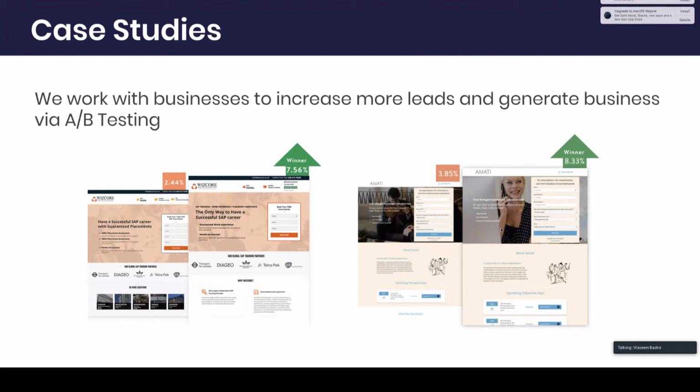So if you see on the left side VizCore, the first thing which you will notice is we had the Trust Pilot stars on the second one, which was the winner, and that straight away increased conversion rates by 2%. On the right side, for example, for Amati, we changed the picture of James looking at a violin versus Charlotte looking at the form,